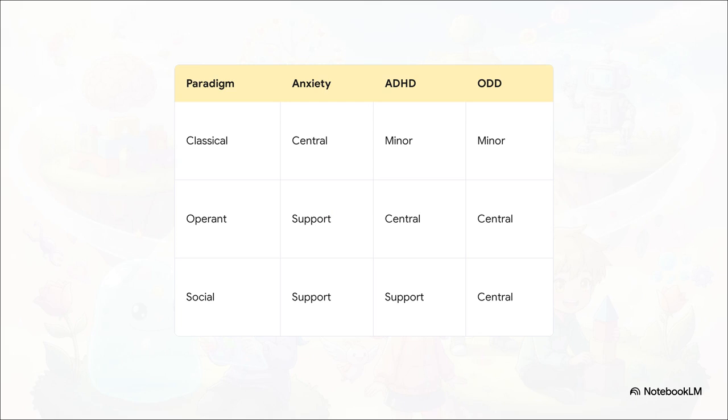Bringing it home with Section 5, Integrating Therapies for Better Care. Okay, so when we step back and look at the big picture, we see how something like cognitive behavioral therapy for anxiety doesn't just use classical exposure in a vacuum. No way. It weaves the whole shebang together. It uses exposure to extinguish the fear, contingent operant rewards to motivate the child to actually do the exposure, and social modeling, where the therapist role-plays coping skills. It is a fully integrated, multidimensional approach.